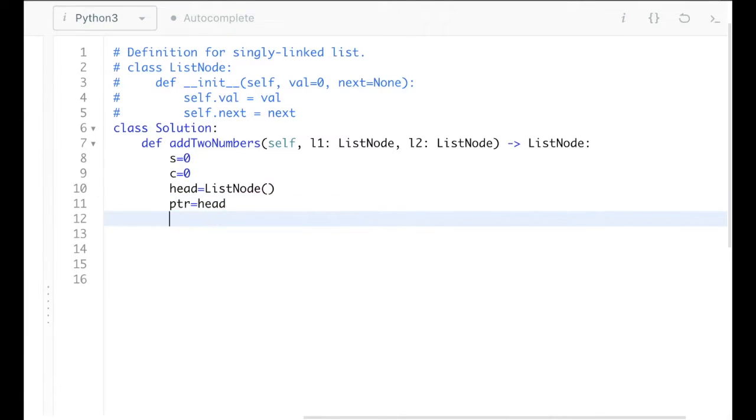Okay. Now we will iterate in both the lists L1 and L2. So while L1 not equal to none, or L2 not equal to none.